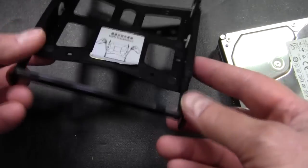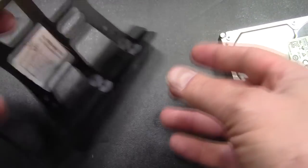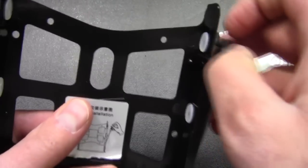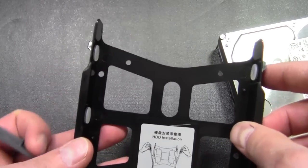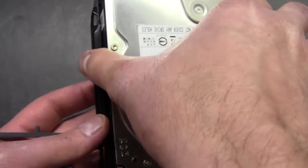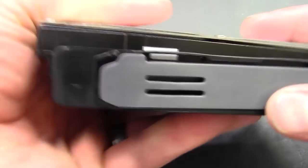So here we have the hard drive mounting tray, and it's kind of unique in the fact that you pop this little plastic piece out here, and that's where it's got some pins. They are plastic pins, so they will break off if you're not careful. And then over here as well, there's some rubber vibration dampening deals there. You can also mount an SSD, like I said before, with those holes there. But basically, we come in, pop the drive, then you come back over to here, make sure the holes are lining up,